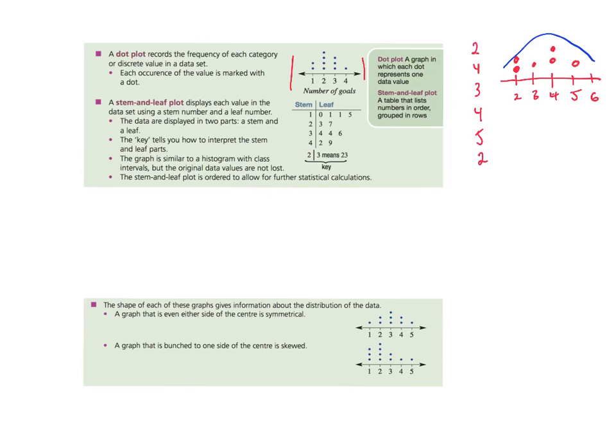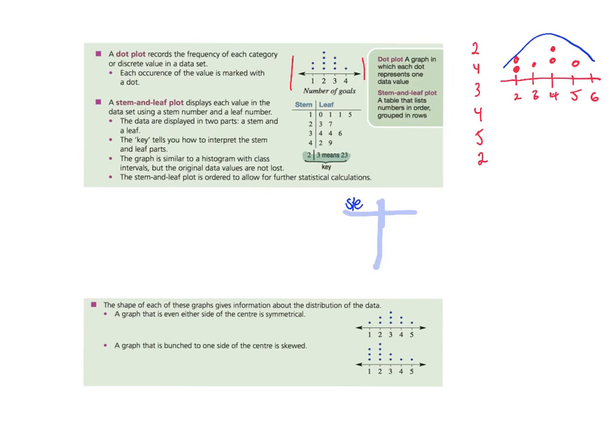So a stem and leaf plot displays each value in the data using a stem and a leaf. The data are displayed in two parts, a stem and leaf, we know that. The key tells you how to interpret, and the graph is similar to a histogram, but it's just on its side. So you need to be careful with the stem and leaf, because sometimes if you have a number like this,